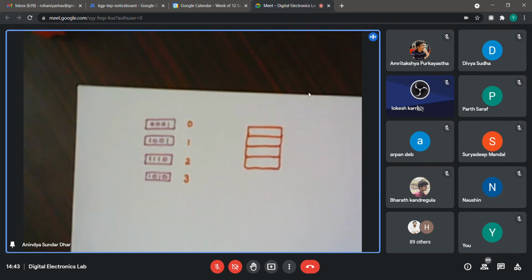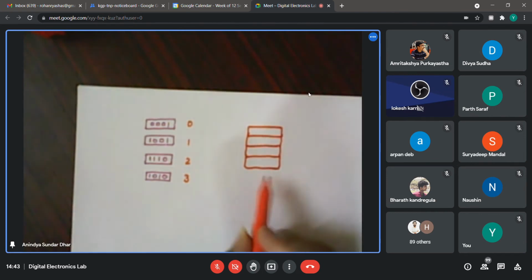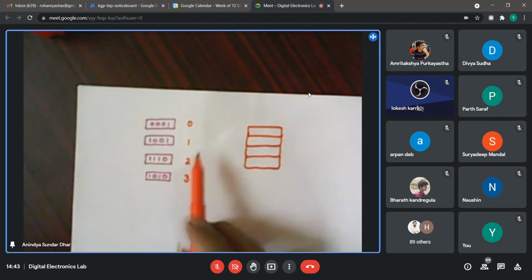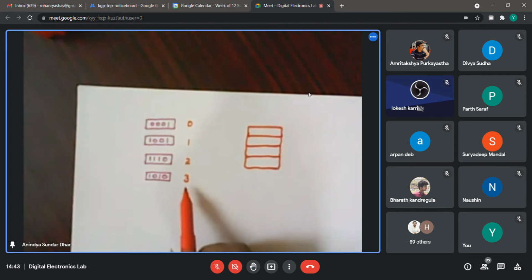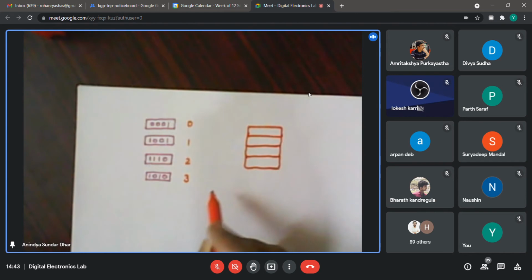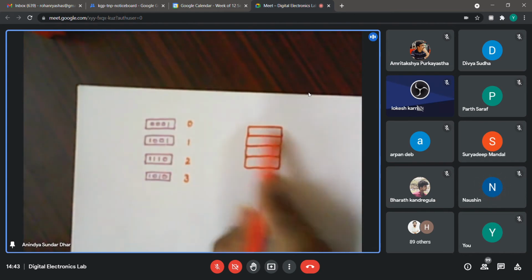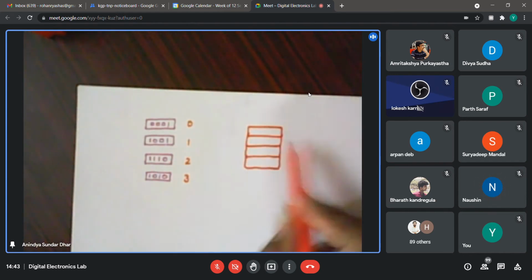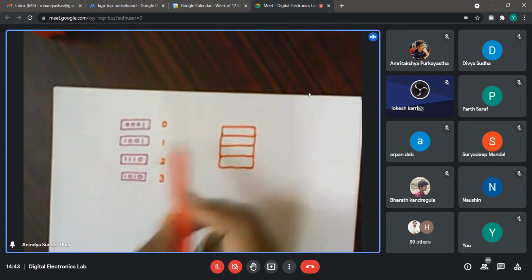If there are 8, I require a 3-bit code. If there are 16, I require a 4-bit code. Isn't it? Is that part clear? I mean, how I am giving that number? Suppose I say there are 8 such registers. Okay. So now if I put 4 registers together, think about this one as a block.